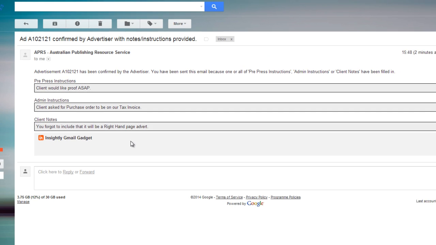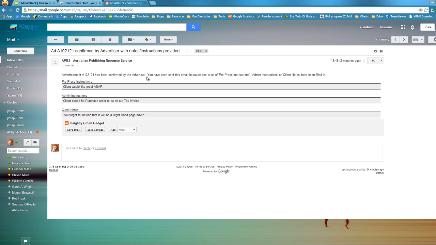Let's have a look at this one. Okay, this one was sent to both pre-press and admin. It was sent to both pre-press and admin within the company because there is an instruction there for pre-press. Pre-press, or the graphics team, whichever you like to call them, can now contest that. So if you've promised something that's just not possible or unreasonable, or it may no longer be available,